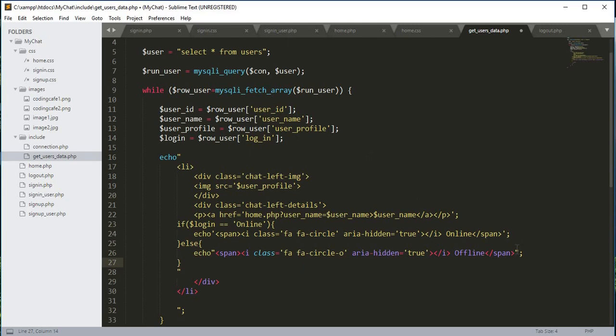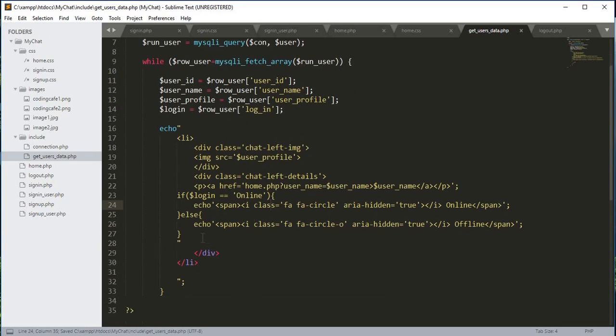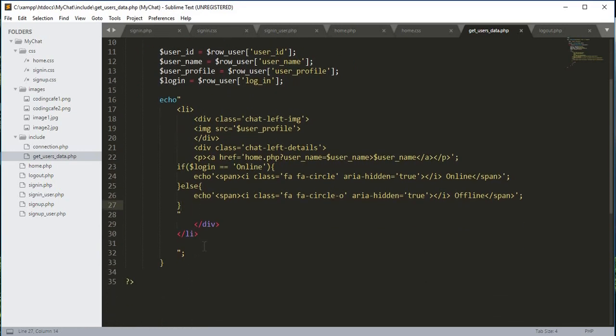So remove all of the double quotes. Let me just remove it. So I just remove all of the quotes and let me just check it once again. Okay, so remove. Here we need a double quote because that one is for the echo ending tag, and these ones will be